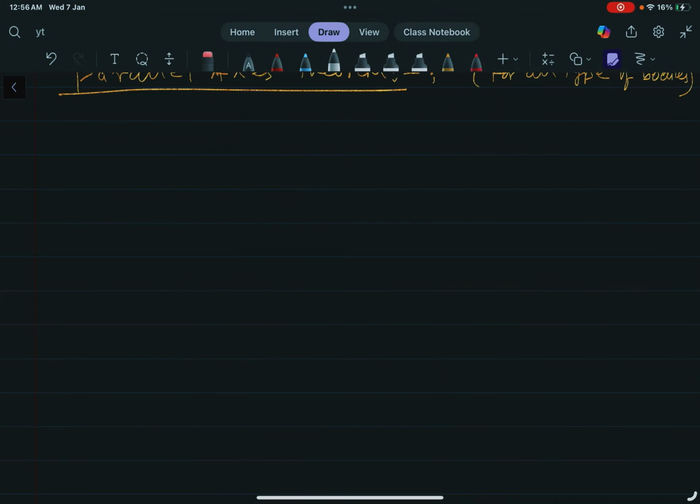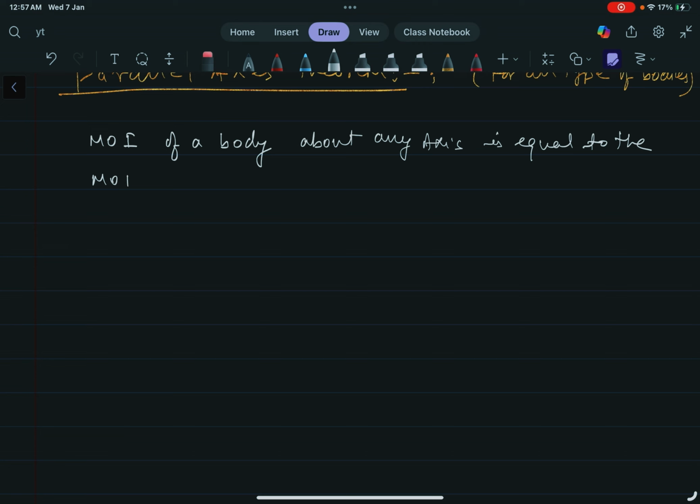The moment of inertia of a body about any axis is equal to the moment of inertia about a parallel axis passing through the center of mass,